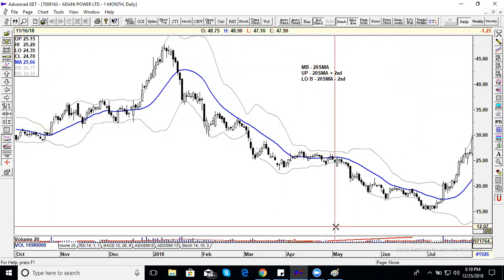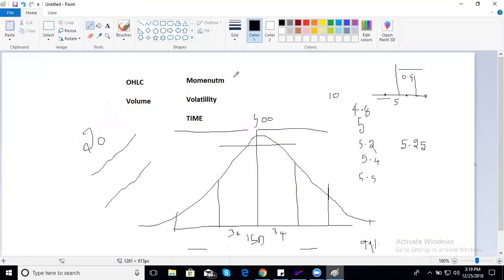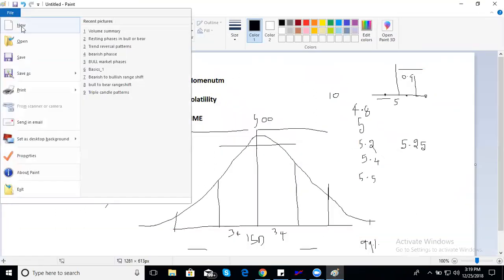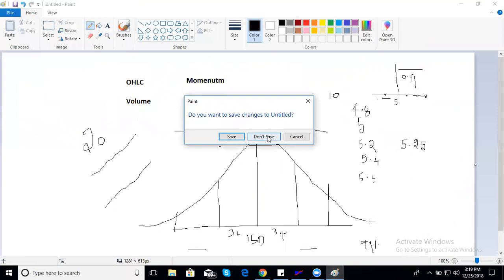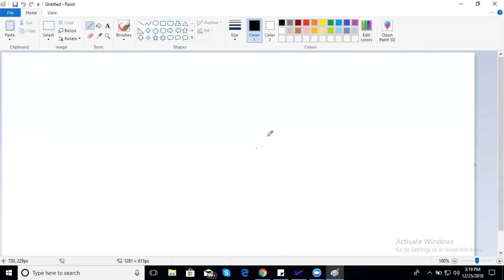First, I'll explain one of the beautiful uses of Bollinger Band in terms of trend identification. There are bull markets, bear markets, and sideways markets, 3 kinds of market you always experience in any market for that matter. So one of the beautiful uses of Bollinger Band is that it will identify the top and it will identify the bottom.